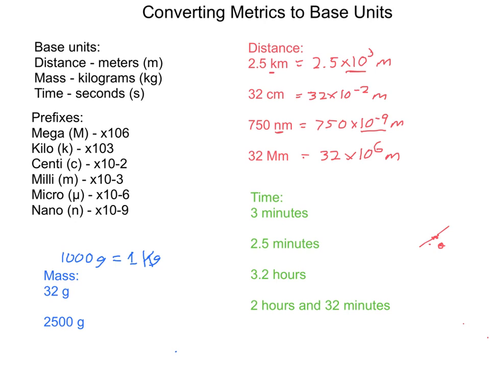1,000 has 3 zeros in it, so I'm going to jump the decimal 3 times to the left and end up with 0.032 kilograms. 2,500 grams, jumping the decimal 3 times to the left, leaves me